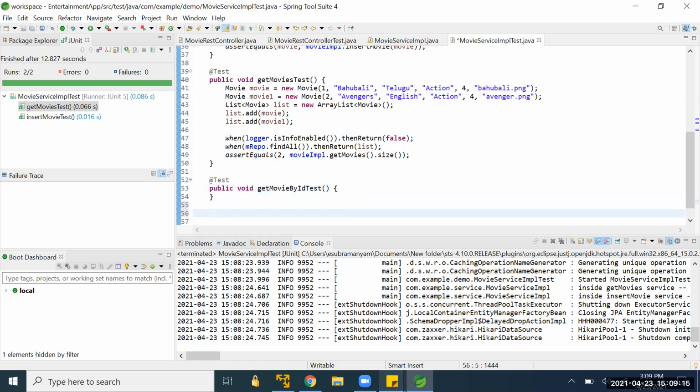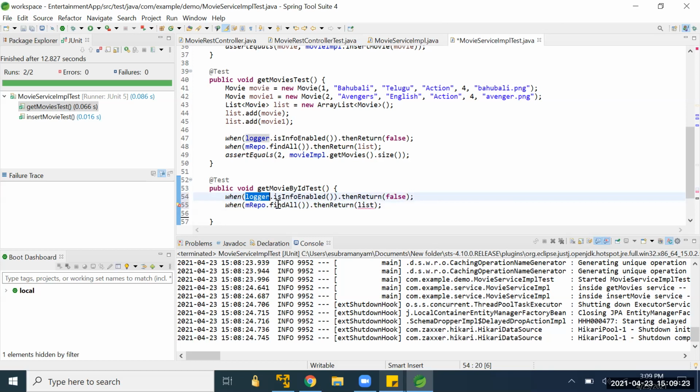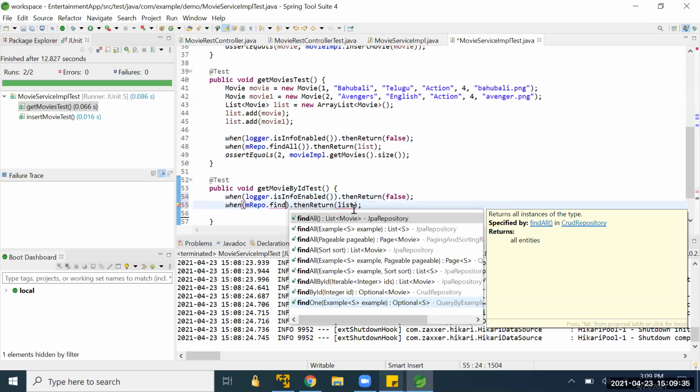So let me copy these two statements. The logger is fine. When, what I need is find by ID, so my repository's find by ID I should use. Here, find by ID needs to be given one.